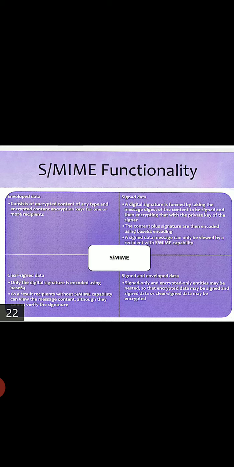Clear signing uses the multipart content type in MIME to transmit body and signature separately. The body needs to be encoded in some way so that it is not altered during transit. The second object, the signature, is sent in base64. Thus, only SMIME enabled mail readers can use the signature.